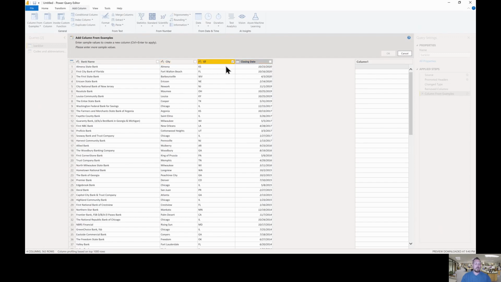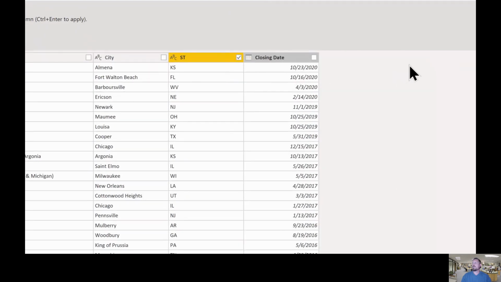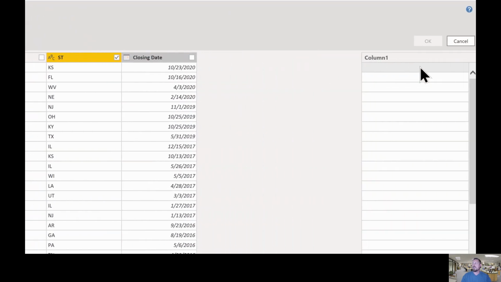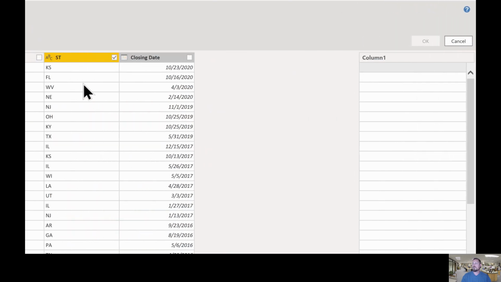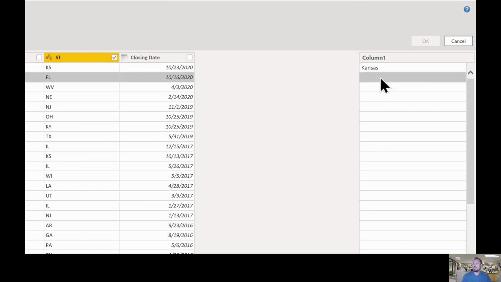Okay, so what I'm going to try to do is extract the state name from the state abbreviation. I'm going to use column from example, and I'm going to show you why this does not work and why we're going to merge the queries. So let's say in here, I typed in Kansas. Okay, and then here,